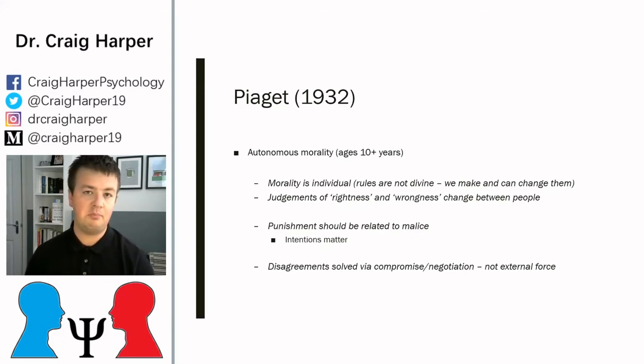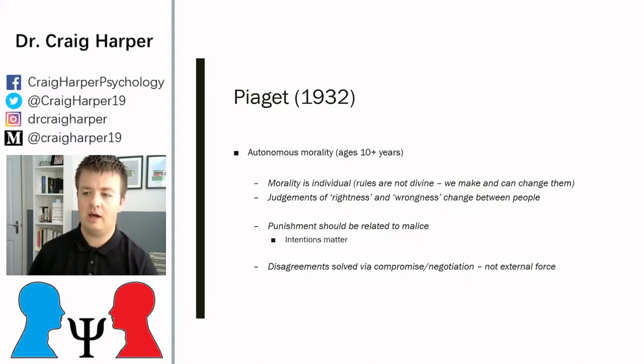Instead of just punishing behaviour at this stage, punishment is linked to perceptions of malice or intentions. This is where intention starts to matter more than behaviour. So for example, as a very young child, if you accidentally hit your sibling because you're moving in a particular way and your arm kind of flies up and you hit them in the face, just by virtue of the fact that you've hit them,